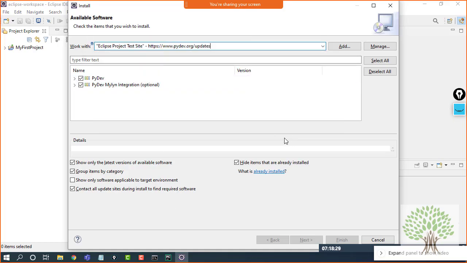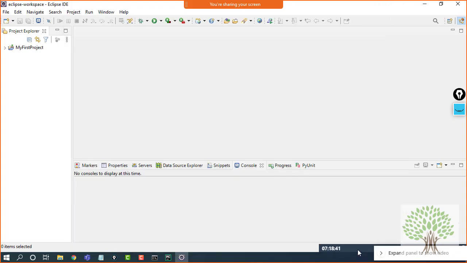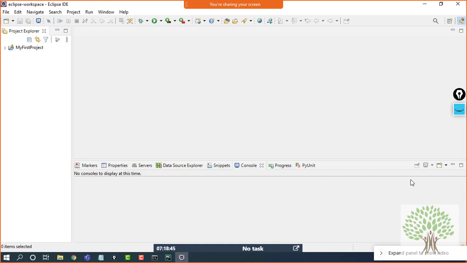Yeah, still I don't have that option, so I won't be able to show you, but you just need to check these two boxes, click on next, accept the conditions, and done. The installation of the plugin will take around 5 to 10 minutes, and here in the console the information will be given about how much is installed and how much is remaining.